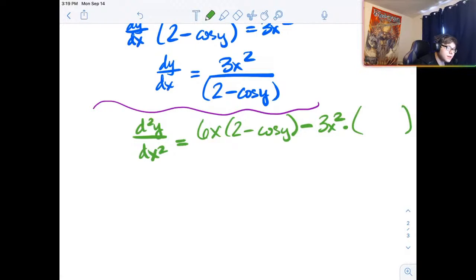Now let's think about the derivative of this bottom for a second, you guys. Oh no! The derivative of 2 is just going to disappear to 0. I'm dumb. Since the derivative of cosine is negative sine, but you have the extra negative out front,